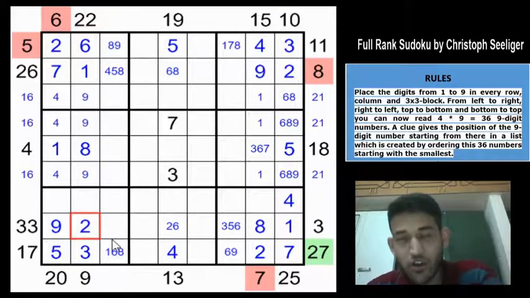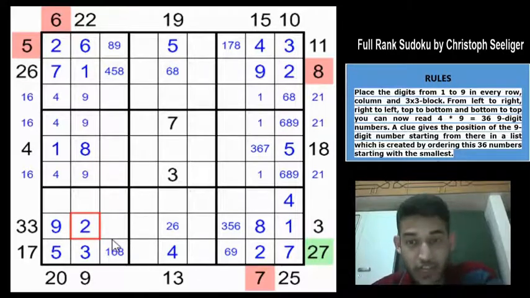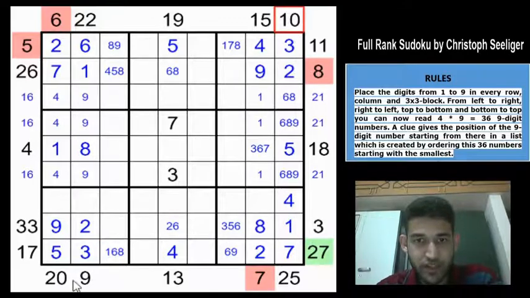In full rank Sudoku, you'll always see that the deductions are hard to come by. It's a very difficult Sudoku. But using the tricks that I stated, we can complete this Sudoku faster. So basically, you have to look for clues which are already 2 filled in digits. So we saw that the 9 and the 10 have 2 digits, and using the 10 clue we placed one more digit for the 9, right?